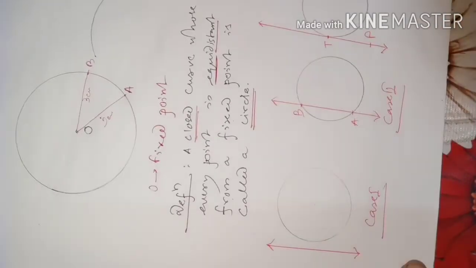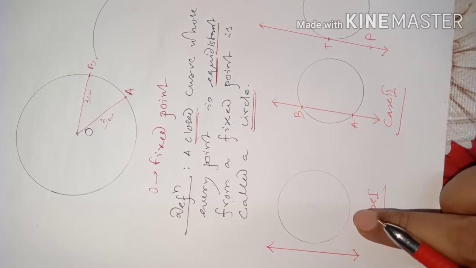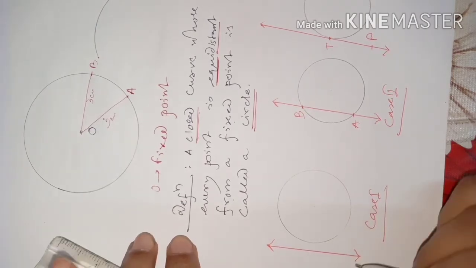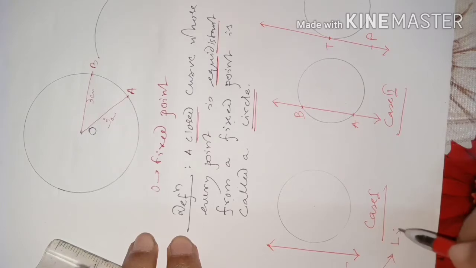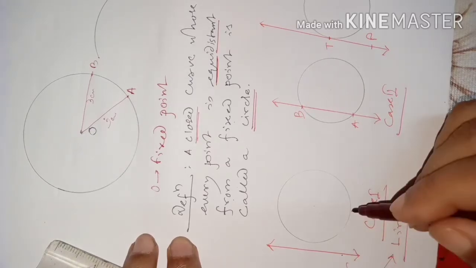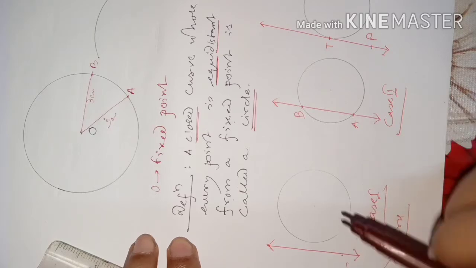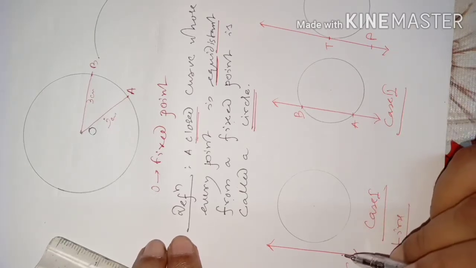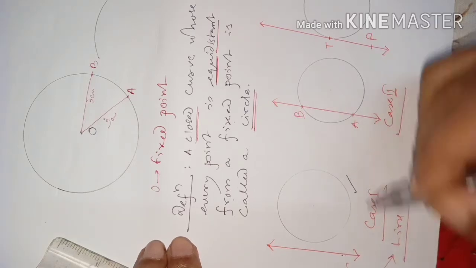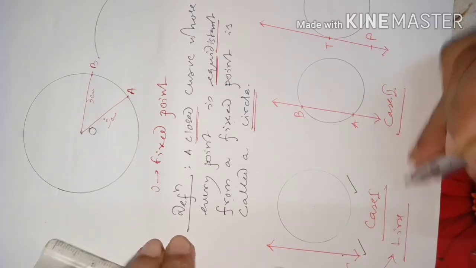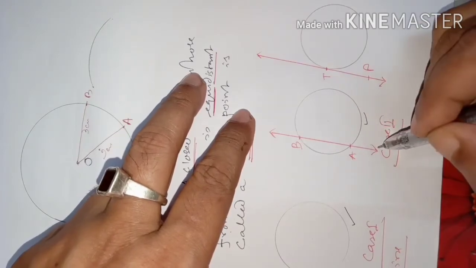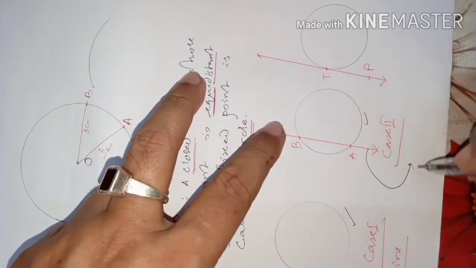According to the position of the stick and the ring, we have names for this line, that is, for the stick. The stick is a line, it is resembling a line. Are you understanding, students? I am talking about a line and a circle and their positions, what names we can give them. This is just a circle, just a line. But this line will be called a secant.